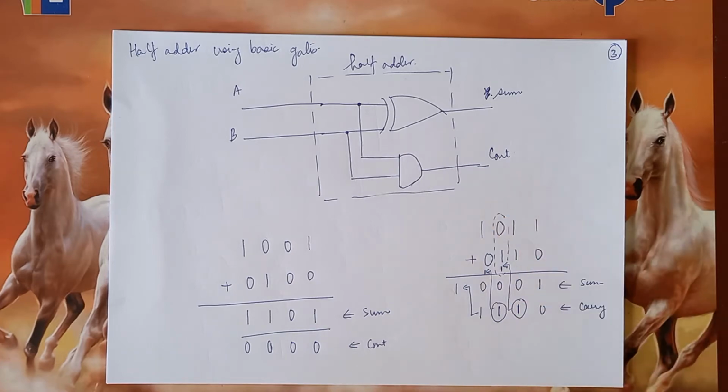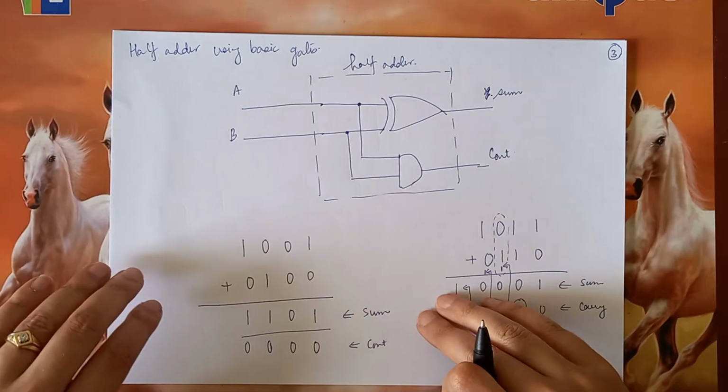But above the 0th stage, we need to be ready to do addition of 3 bits, 2 of which are given by the number, the 2 numbers, and the third bit which is coming as a carry which is generated as a result of the addition of the previous stage. Is that fine? So therefore, in general, we need an adder which can add not just 2 bits but 3 bits,